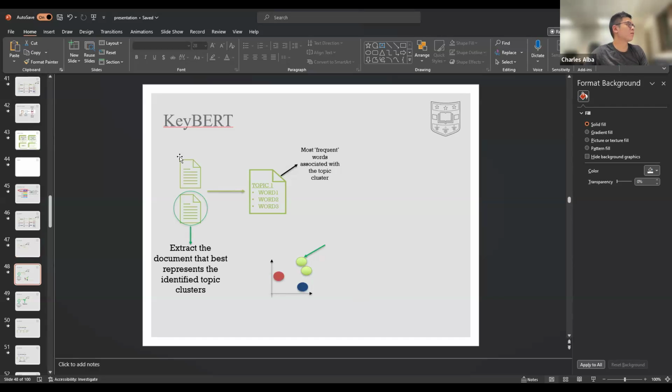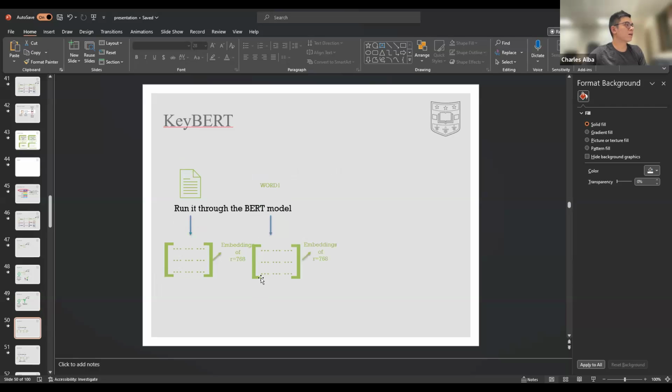And of course, this just assumes that two documents ended up in the topic, and I'm only classifying 4 documents, but please don't do this in real life, it's just for demonstration. So you extract the most frequent words that appear and the documents that best represent the identified topic